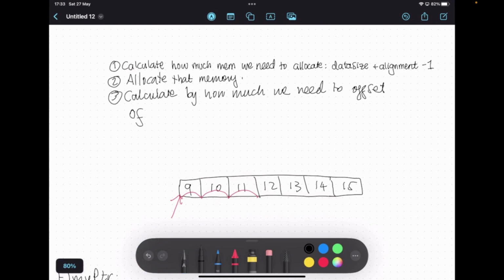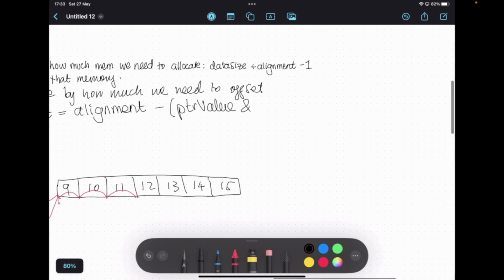So we will have our offset is equal to the alignment minus pointer value ANDed with alignment